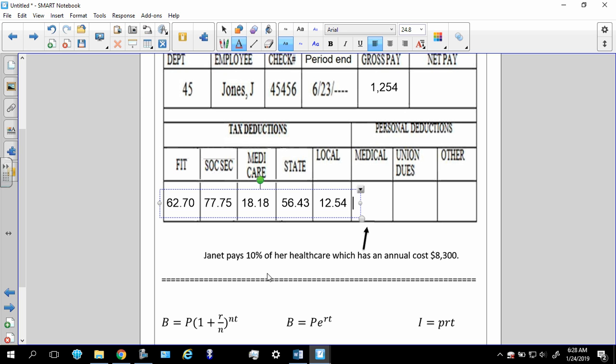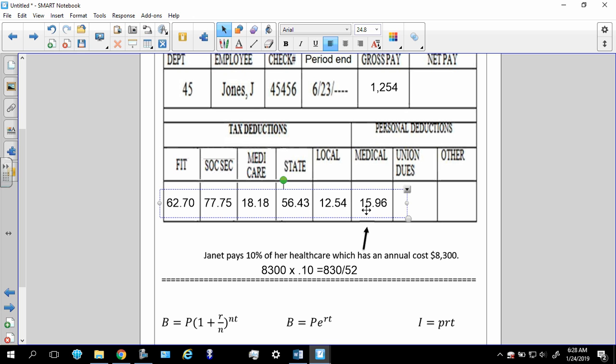All right, so for the medical, let me just do that real quick. We know that $8,300 is how much her bill is. So we're going to multiply that by Janet's responsibility, which is 10%, which is $830. Now, she has to pay that over the course of her year, which she gets paid bi-weekly. I'm sorry, she gets paid weekly. So when I do that, every week she gets